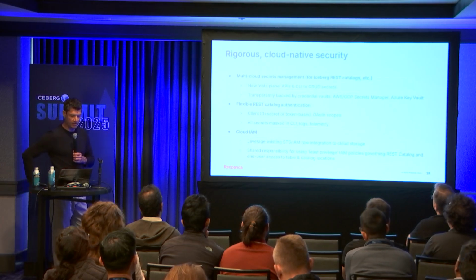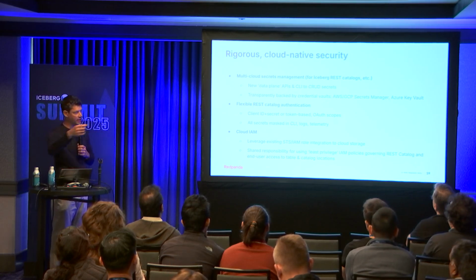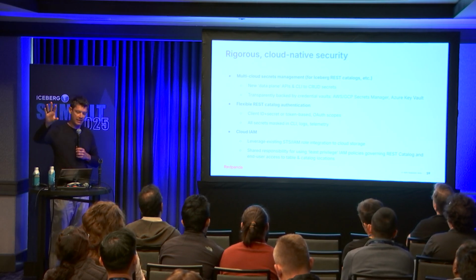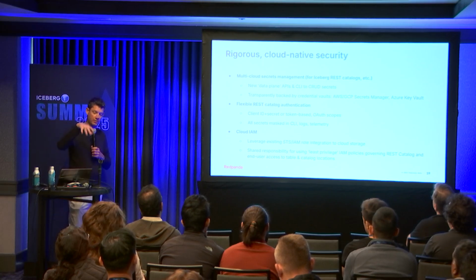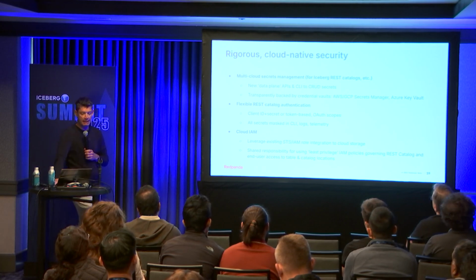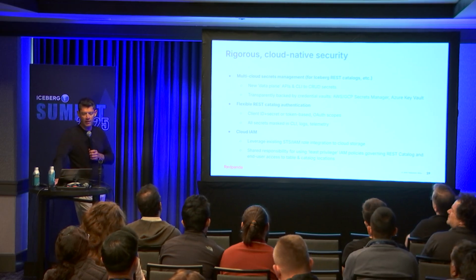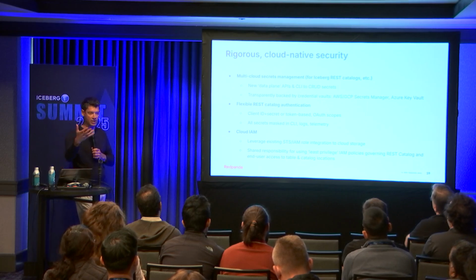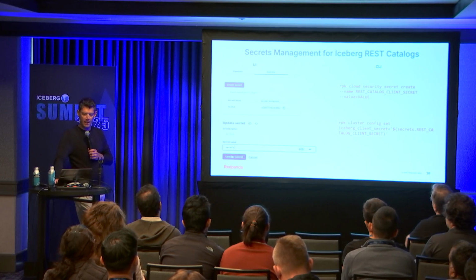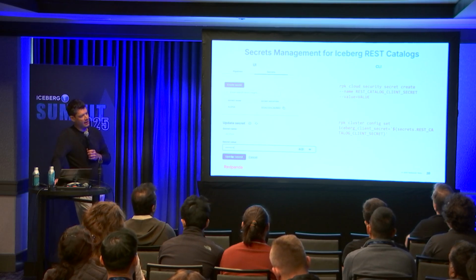And then cloud native security, you need to have a way to provision secrets, and the secrets need to be stored judiciously and securely in the cloud service vaults. We do all that in all three clouds for you. And so we manage those secrets if you're using our SaaS, and then we push those secrets to your catalog over OIDC using either client ID and secret or token, which is a feature of the REST catalog. We can define which OAuth scope that we are given access to. They're masked in the UI, and we leverage the existing IAM integration that we have to object storage and so forth. So in addition to CLI, REST API, very simple UI to manage your secrets, right?